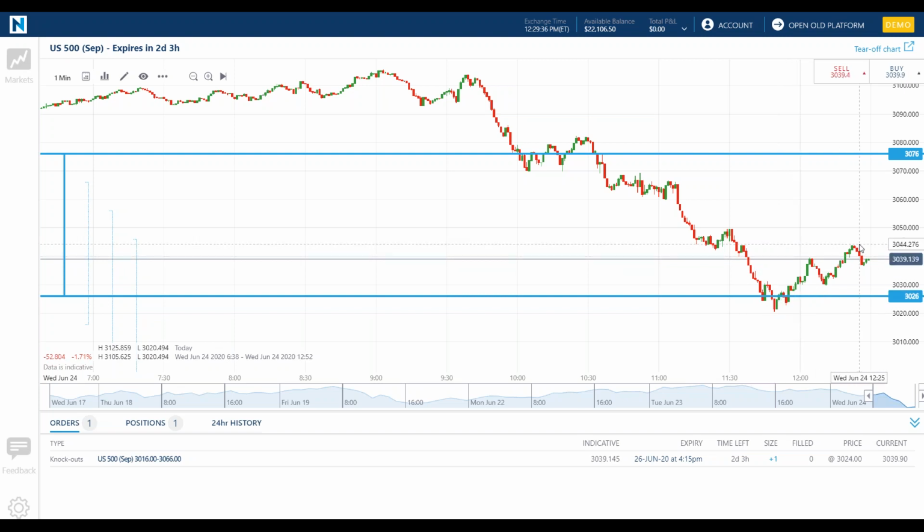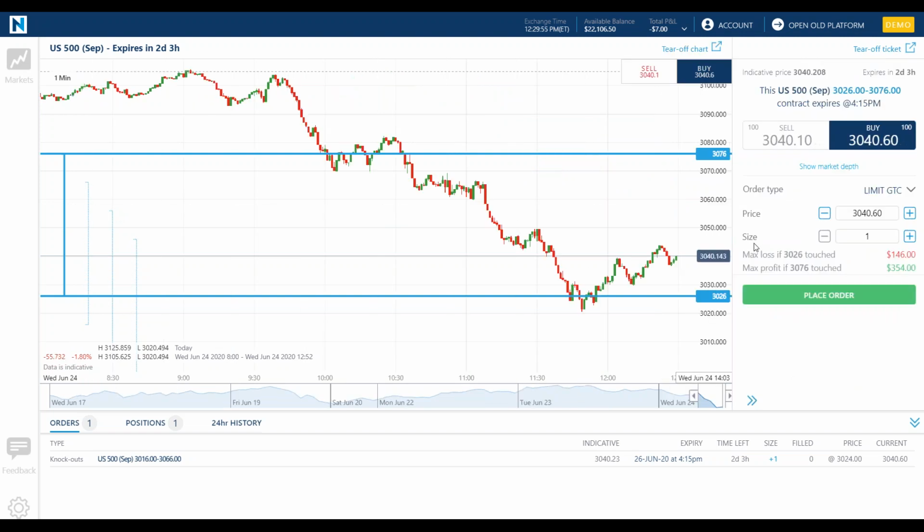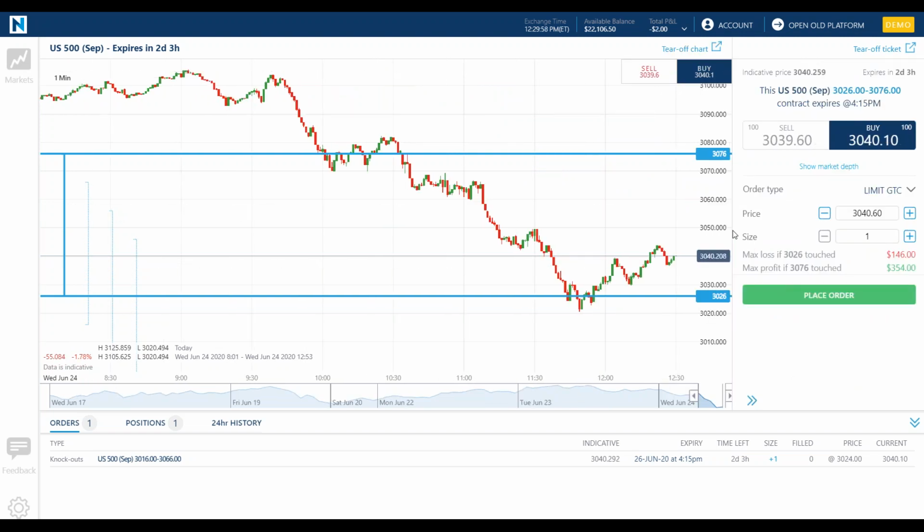Now, maybe you think it's going higher from here, and you wanted to buy one, and this is why we give you different ranges. Let's just for fun say that you thought it was going higher, but you wanted to limit your losses. I'm picking this top bracket. You could pick whichever one. I'm going to click on buy to bring that order ticket back. This is why we give these different ranges. If I thought it was going to go higher, and let's put up pricing 30, 40. Let's just make it nice and easy, right around where we are right now. If I were to actually buy one because I thought it was going higher,